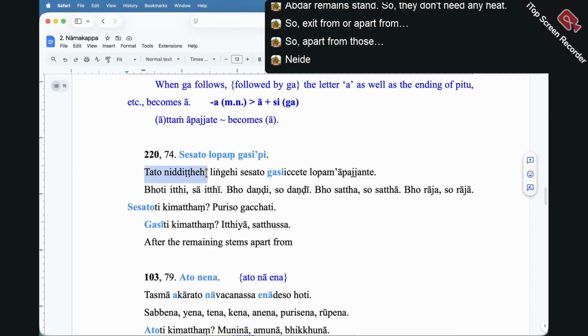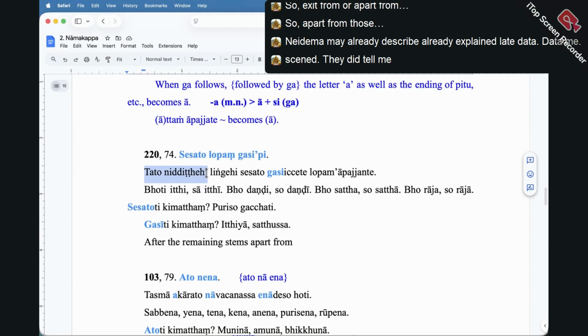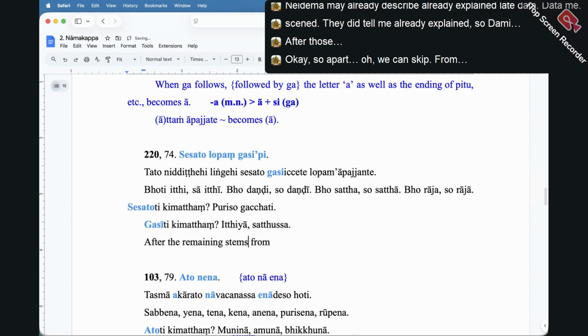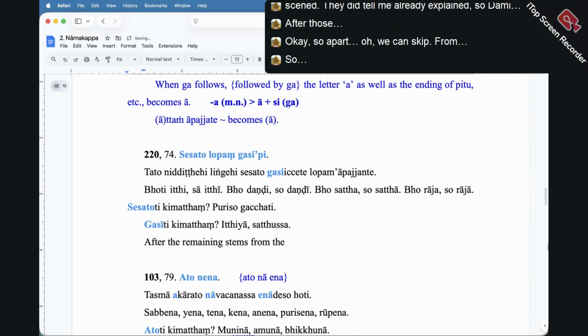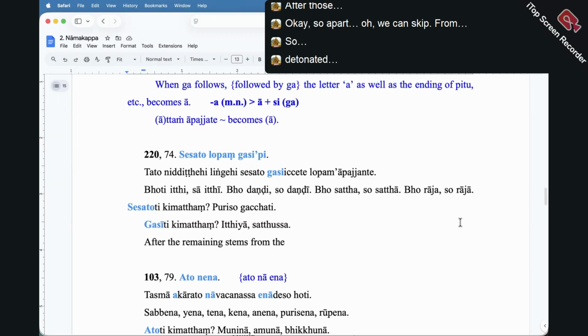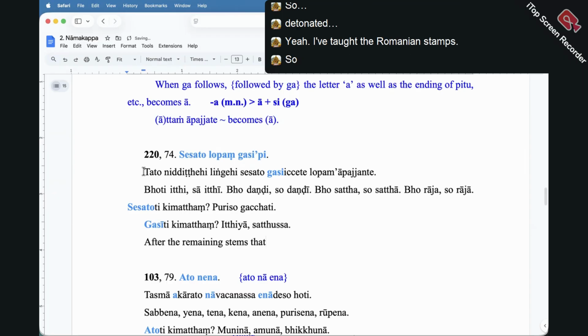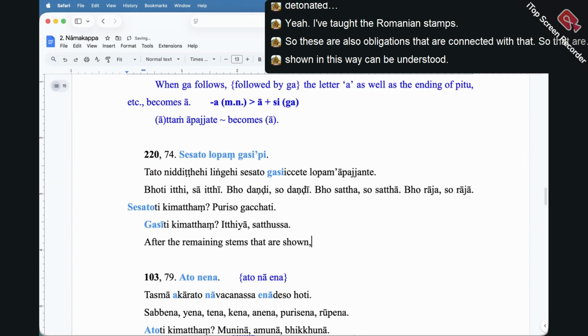Need data me already described, already explained. Need data me seen. DHAMMA already explained it. So that means after those, okay, so apart from that data, yeah, after the remaining stems, so these are also ablative cases that are connected with that. So that are shown in this way can be understood. After the remaining stems that are shown,